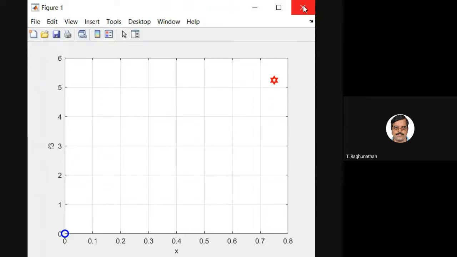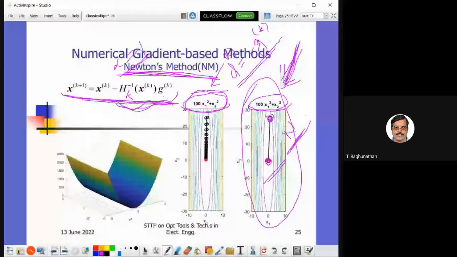Now what is the problem with this? I have started with some x naught and reached the x star in one iteration. So it looks like everything is fine, but it's not fine. I have to stop switching like that repeatedly, so I'll stick to only the presentation. That's not fine because